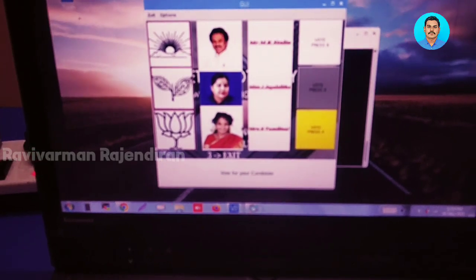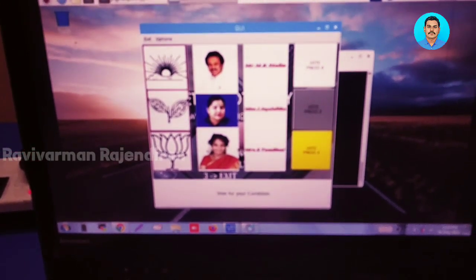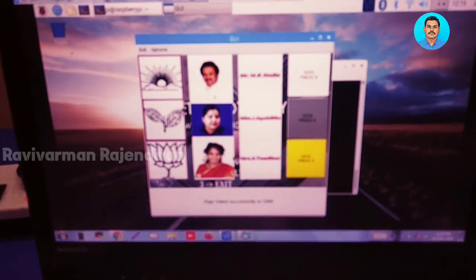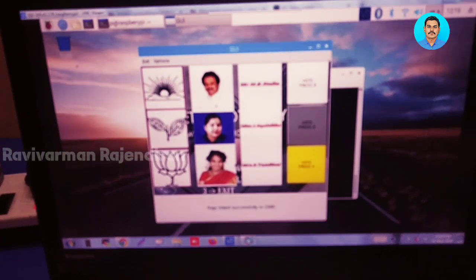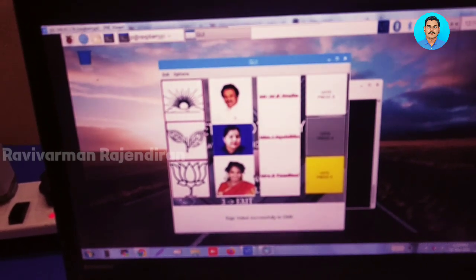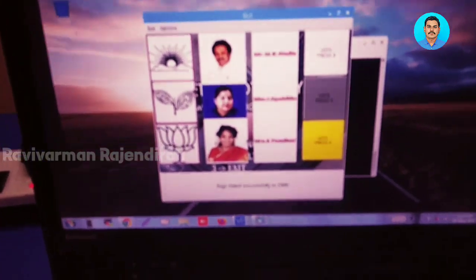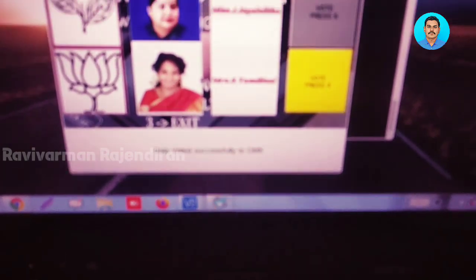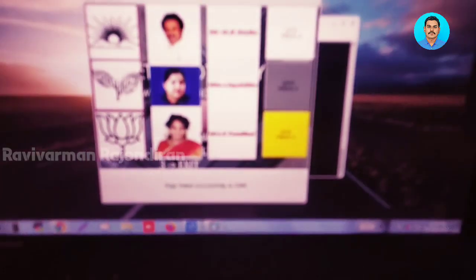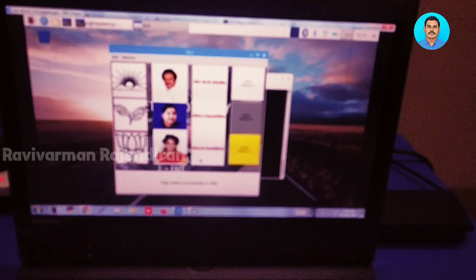When I press the key 8, the fingerprint verification will start. So I need to keep the finger here. I have kept the finger there. It will verify your fingerprint and also compare it with the RFID key. If your fingerprint is valid and matches the RFID key, that is the voter ID key you have kept, then the vote will be successfully registered, and it will be shown here in the status below, and also in the